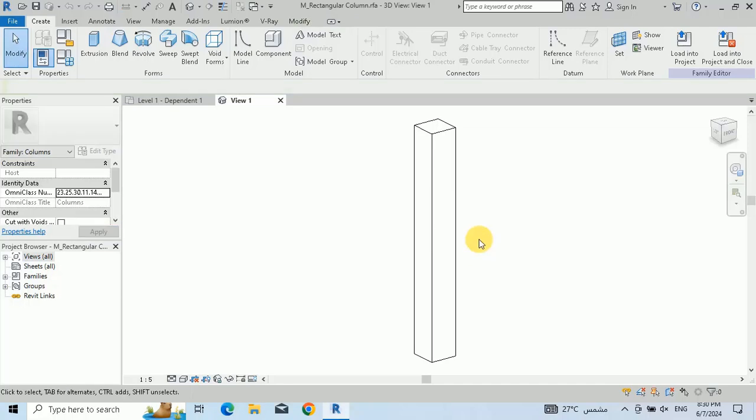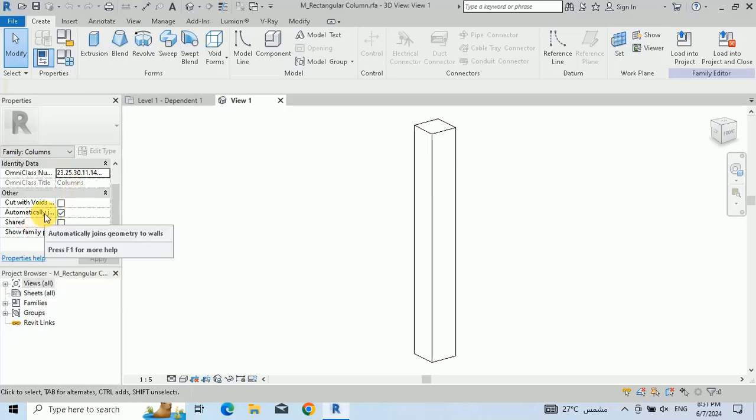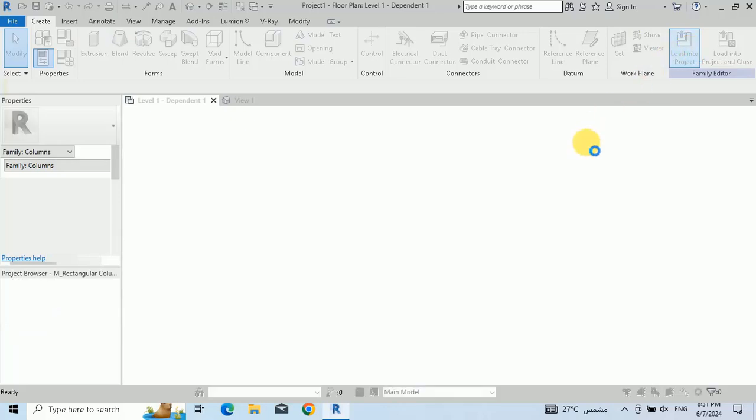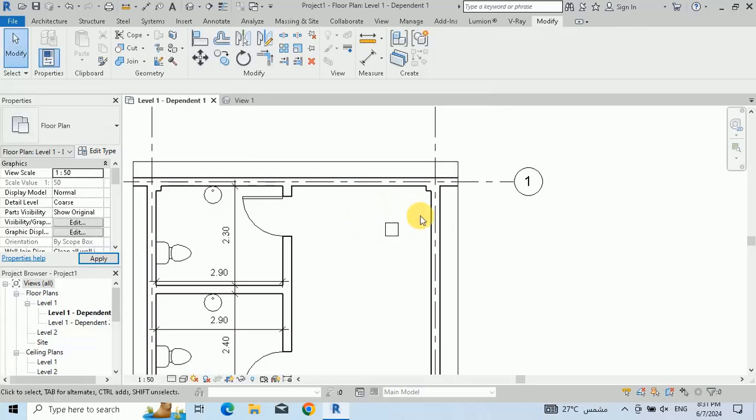This column, now I change the property here, this column family. Okay, this is the family, this property. Click here, automatically join geometry to wall. Okay, uncheck this one. Now load and close. Okay, so here override the existing version and its parameter value. Okay, so now